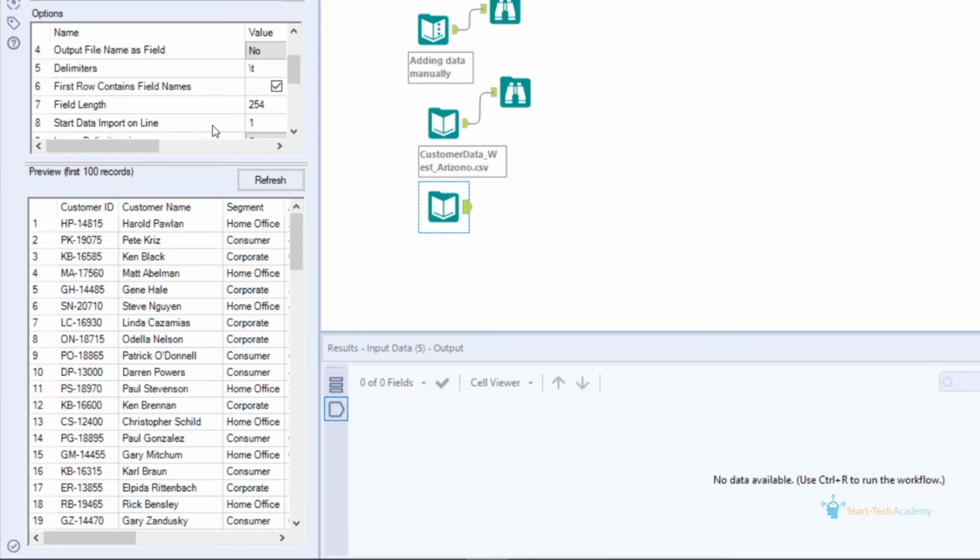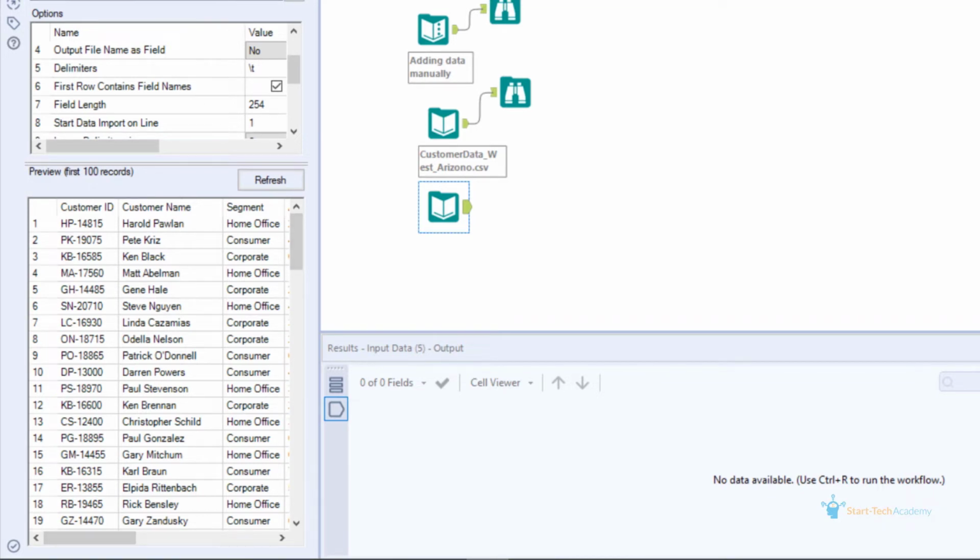For our data, we are starting the import from the first line because the data is present from the first line. But sometimes there are extra spaces, extra rows on the top. So we may want to skip some lines from the top. For that purpose, you can simply state the line from which you want to start the import of the data. For now, our data looks fine.